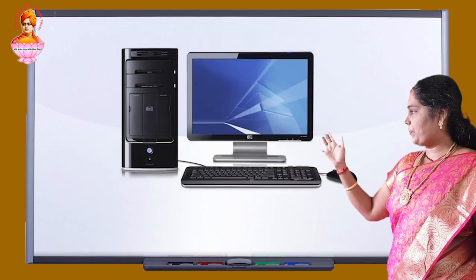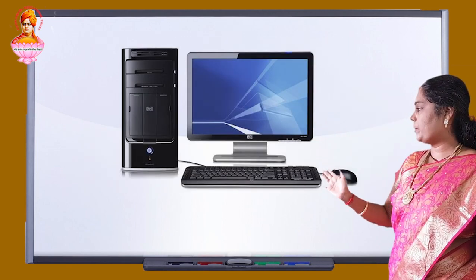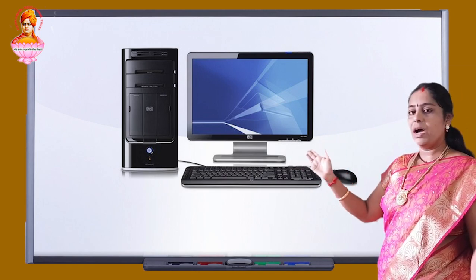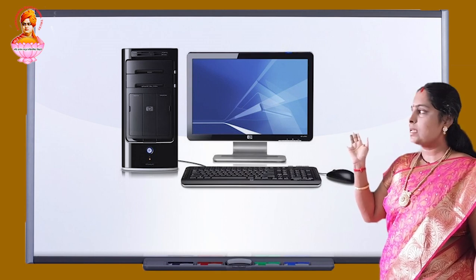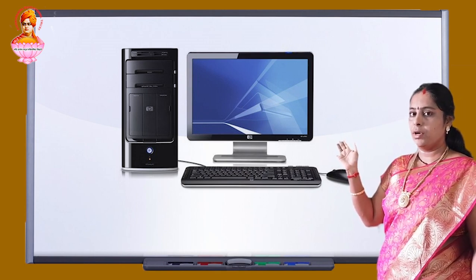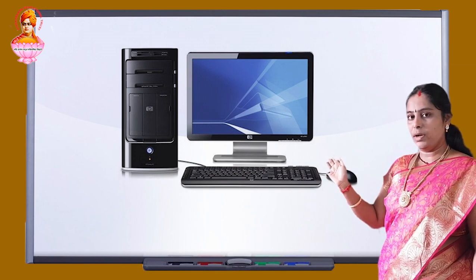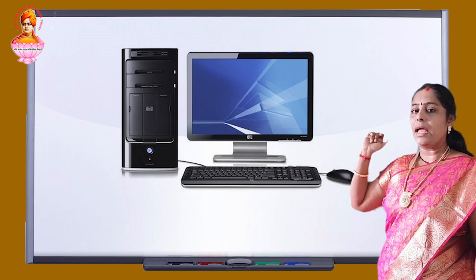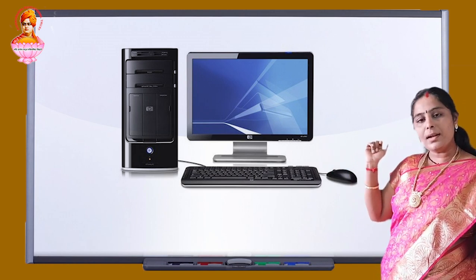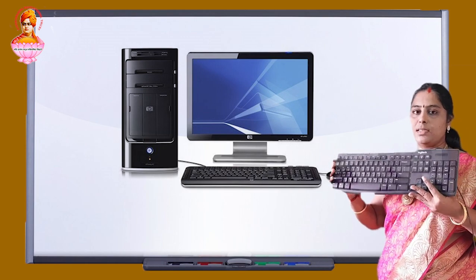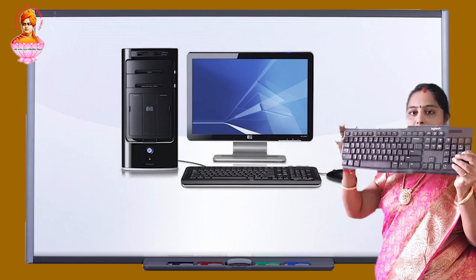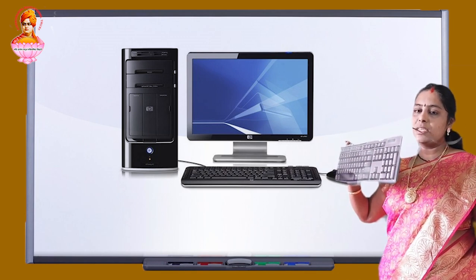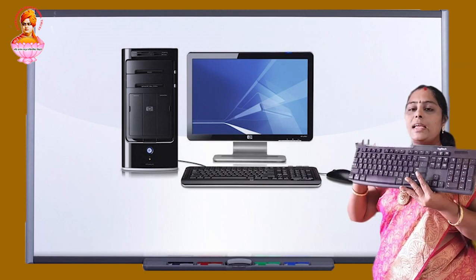Okay, this is our computer. All the parts of the computer are kept here, and see, this is our monitor, our CPU, our keyboard, and our mouse, which is kept in front of you. Okay, kids? And this keyboard is connected with wires to our CPU, right? And now I am going to show you a real keyboard. See, look, children. This is our real keyboard, and this is our wire, and these wires are connected to the CPU, right? So this is our real keyboard.